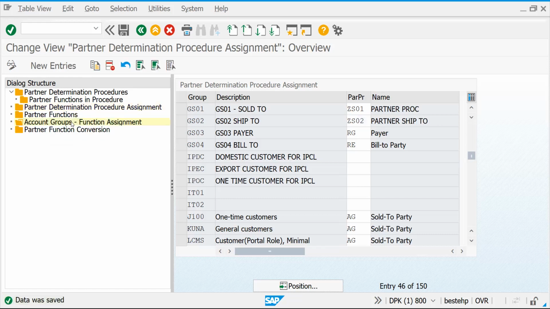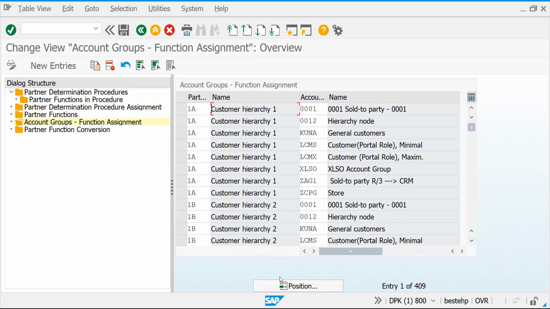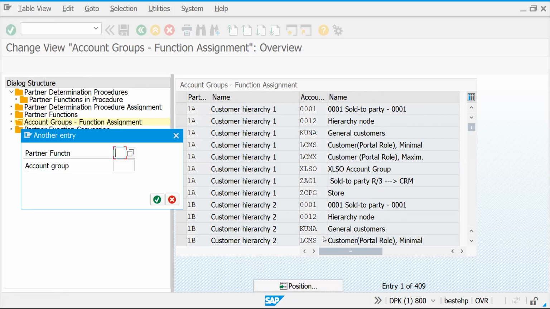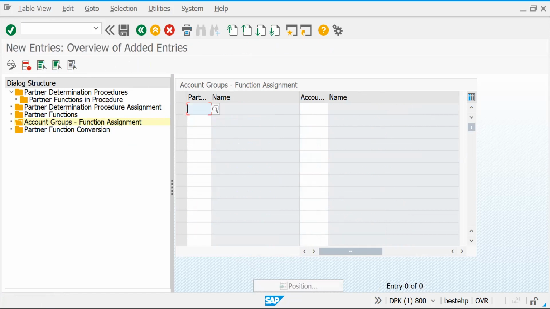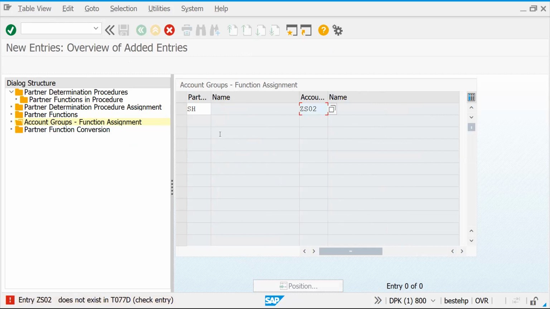Let's go to the account group function assignment. Let's try to create new entries. We're creating for the second account group only ship to. Okay, SH, GS02.